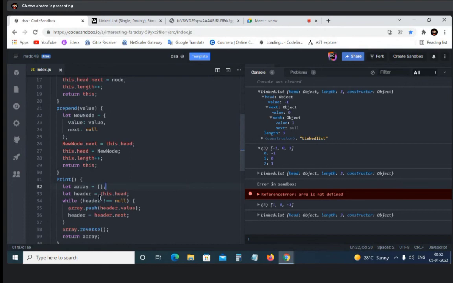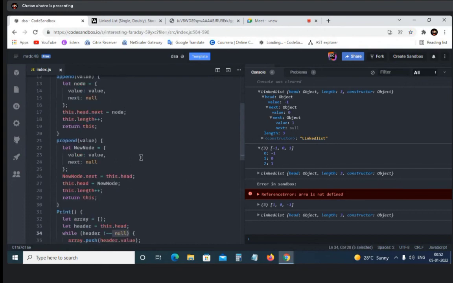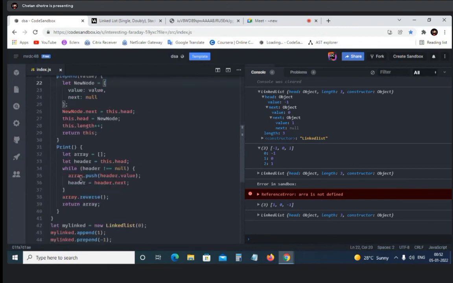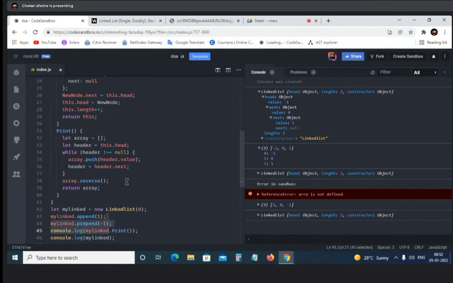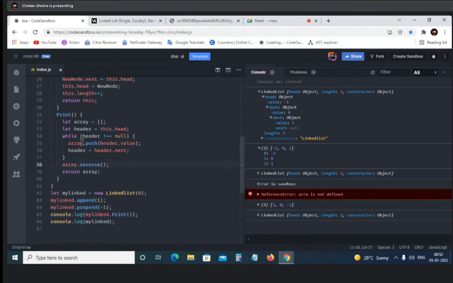While header, that is this dot head, is not equal to null, until the objects are equal to null, just push the values that we are providing throughout the process to the array. And we are setting header dot next because there are two digits, that's why we're using it. And we have also reversed this one, and we have also written this one.